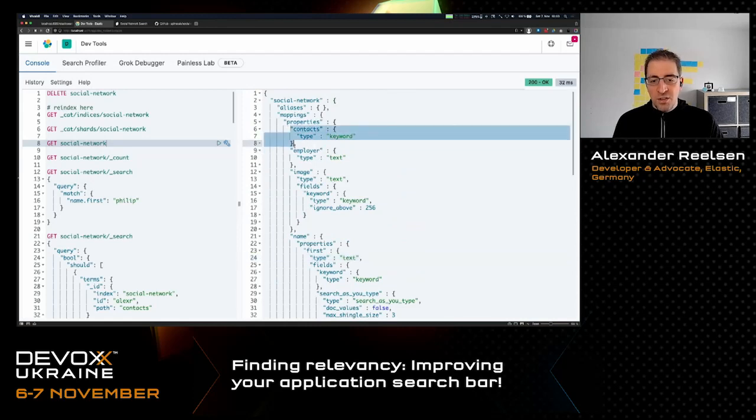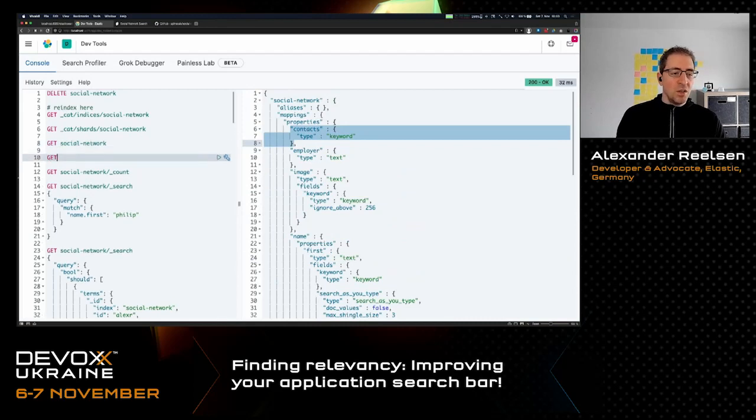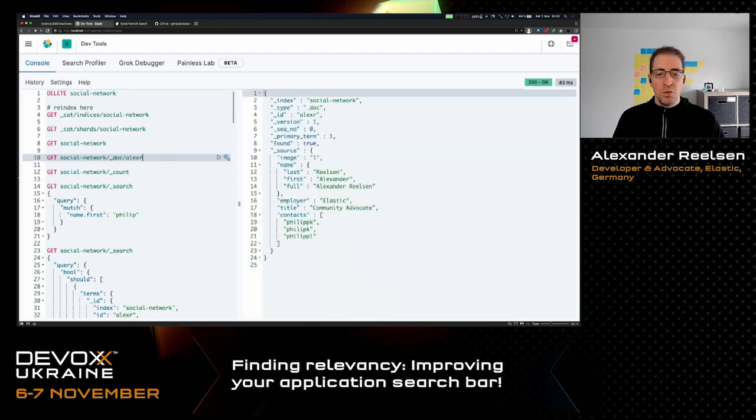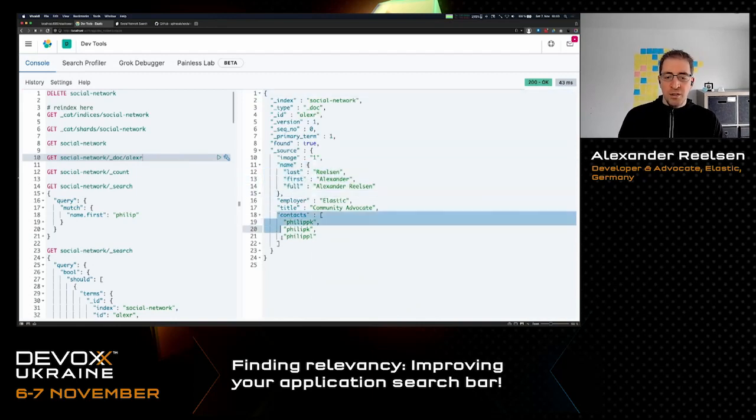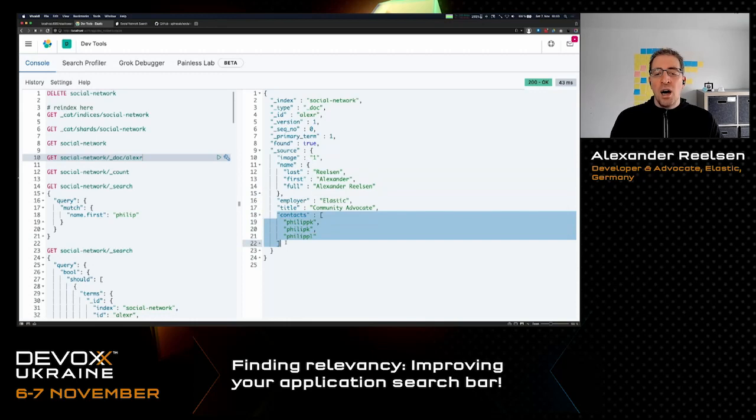There's the contacts in there. So the contacts are a list of people that I'm connected with. So if we run get social network, that's the user I'm supposed to be logged in with in the sample application, you can see here there's my first name, last name field, and down at the bottom, there are the contacts that I'm connected with. And those are the ones which are basically scored higher. Why?